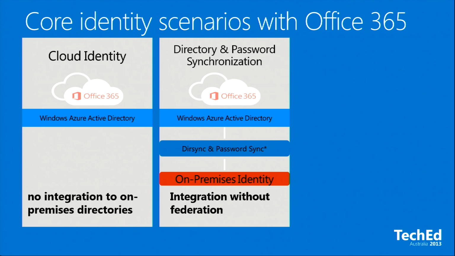We're going down the directory synchronization and password synchronization option. Password sync will only keep passwords in sync. If you do not have this, you may have to manage multiple passwords for your users, which may be a bit of a road bump to user experience. There is no real requirement for DirSync for high availability because it's so easy to set up. If something went wrong, it's easier to just rebuild it in 20 minutes than it is to set up a high availability solution. There are no firewall requirements on premises for DirSync. You're really just pushing everything out to the cloud. And it's pretty much completely pre-configured. You can't do much with it except for a little bit of scoping and filtering, which we'll discuss in a sec.